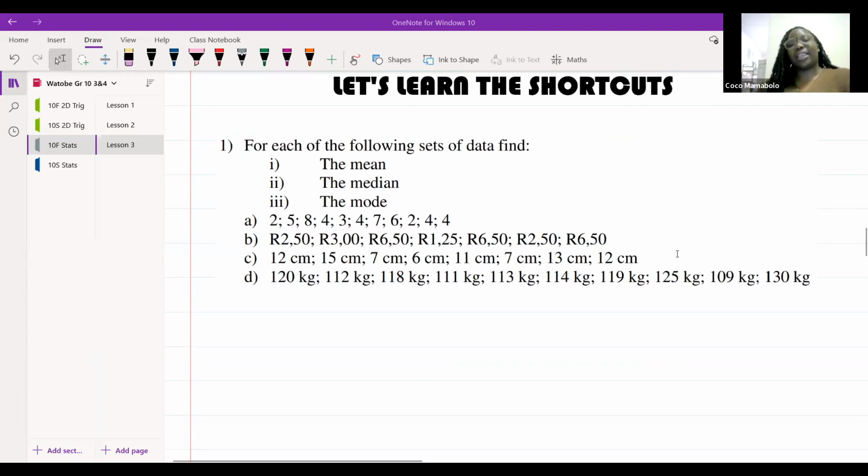All right, okay, guys, let's get started on this work, because now we're going to be learning the shortcuts, because we're not going to be able to draw a cumulative frequency graph and a table for all of this. Now, what we're going to do when we answer these kinds of questions, where we answer for the mean, the median, and the mode, we're always going to